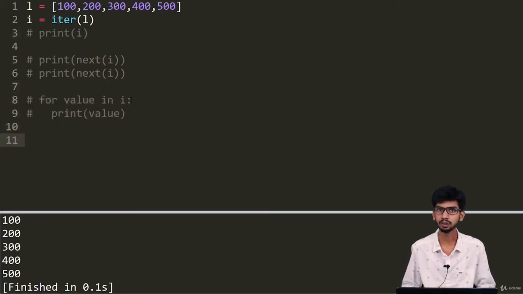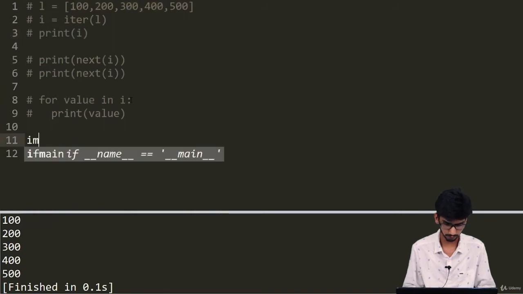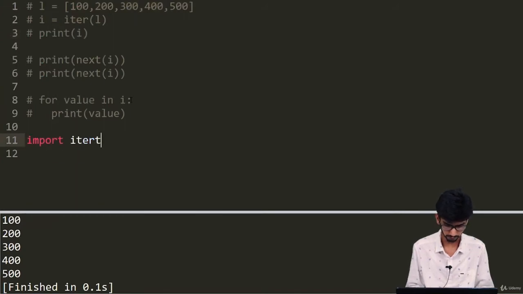Now we have the itertools module, which provides a lot of interesting functions to work with iterators. For that, the first thing we have to do is import the itertools library. So I'm saying import itertools.